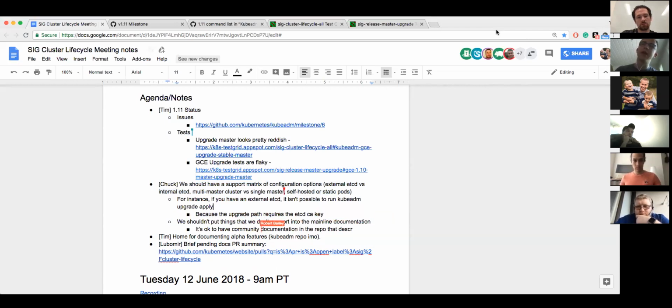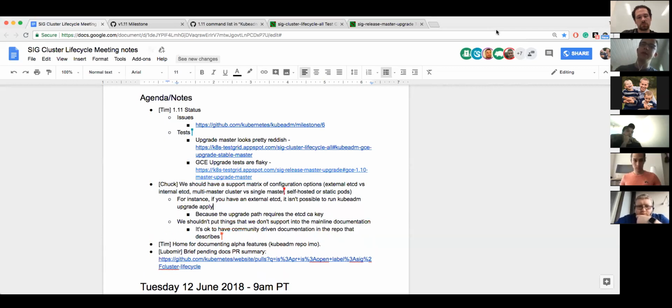Okay, but I was thinking, if we say that we support both external etcd and internal etcd, shouldn't we say that we support these two modes? That we support both external etcd and internal etcd together with static pods, for example. Isn't that all GA? Isn't it something we should mention? Or, yeah, it might be useful to link back to it from the places that